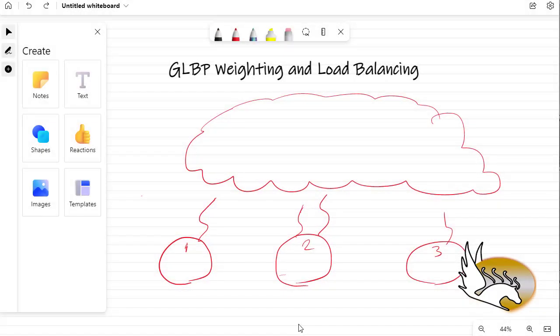In this video, I'm going to cover GLBP weighting and load balancing. Let's say that in my scenario I have 3 routers. One of the routers has more resources than the other routers. How can I reflect this in my configuration? In this case, for example, router 2 has more bandwidth, and this means that it can handle more packets than